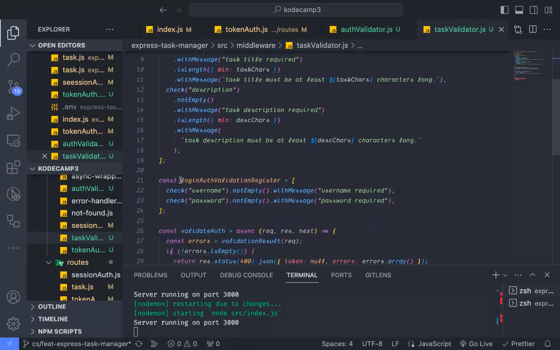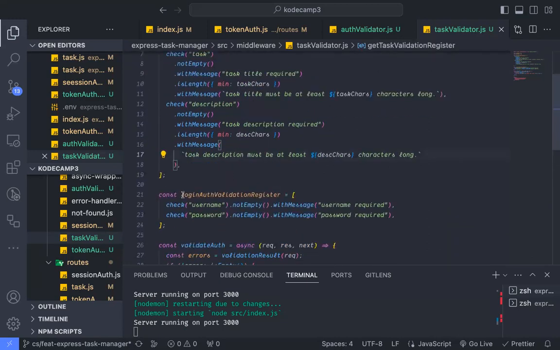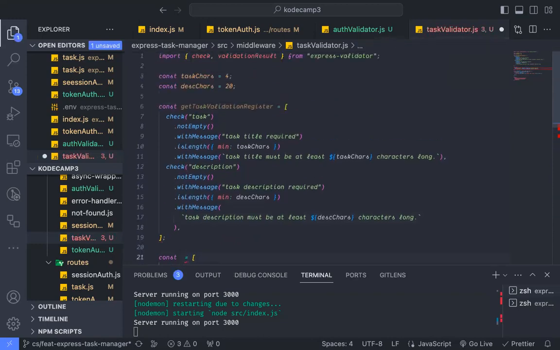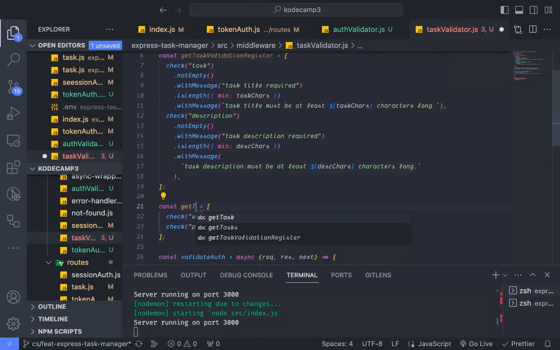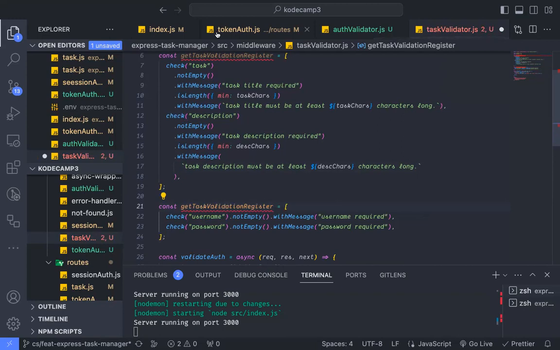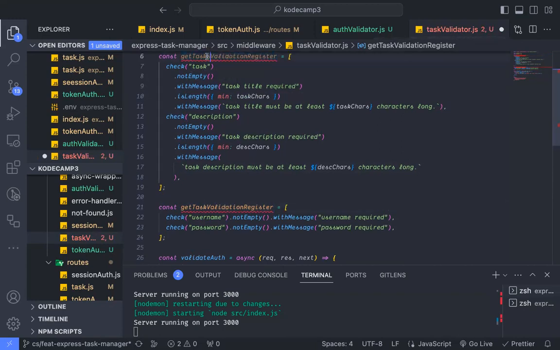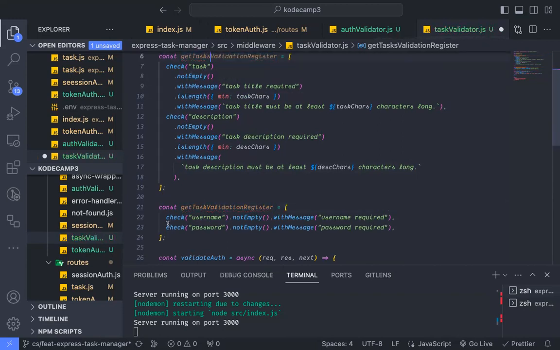And then we say, this is get tasks. And this one here will be get task validation register tasks. And this one should be one task. And then here we are checking, we're not using check, or we're using,